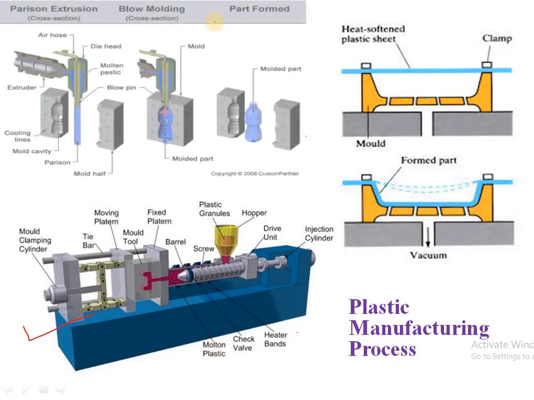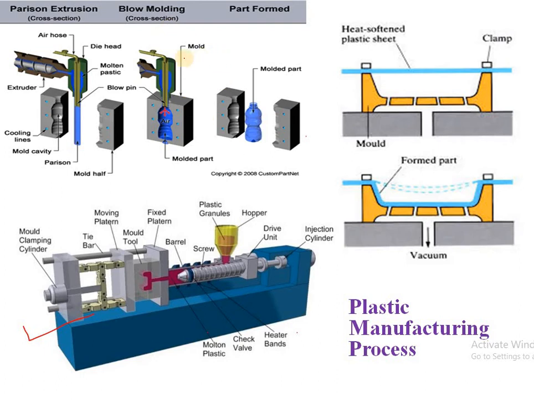The next is blow molding. Now this blow molding process is used to manufacture the bottles, or you can say to manufacture components which are hollow or which are closed at one end and open at another end. So bottle is the best example of this. Here you can see initially it is a tube and then it is expanded. So here the air pressure is used to manufacture the product from the plastic.